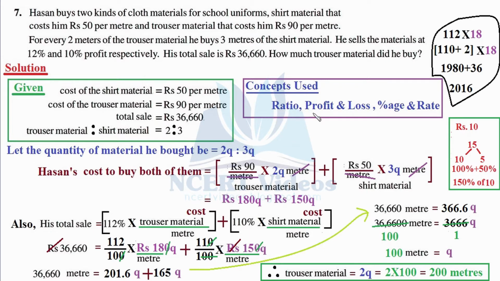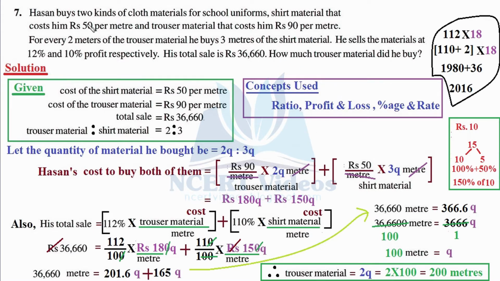Ratio, profit and loss, percentage, this is the short form of writing percentage, and the last concept used is rate. So we observe that in higher standards, various concepts that we have learned in previous smaller standards are integrated in one question to give the look of a practical problem. These problems are practical in nature, and you observe such problems in day-to-day life. Hence, with this initial idea, let's try to solve our question.